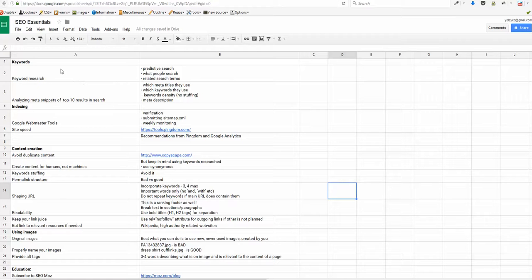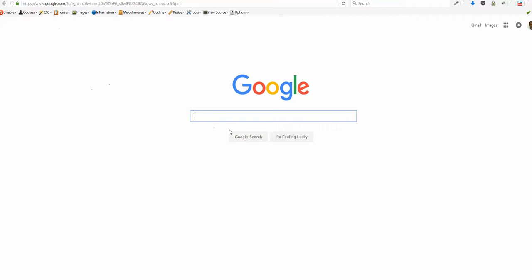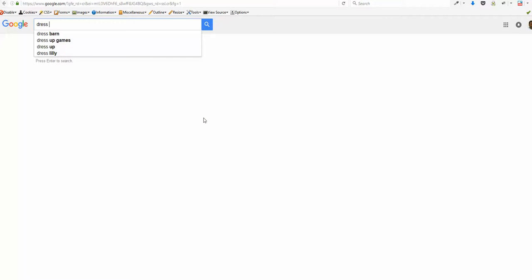Okay, whenever we want to put a website on the web and want to rank for certain keywords in a certain niche, we want to start from keyword research. We want to go to Google and type something that we want to create content about, and in this case it will be dress shirt cuffs. So let me start to type it in the search field: dress shirt